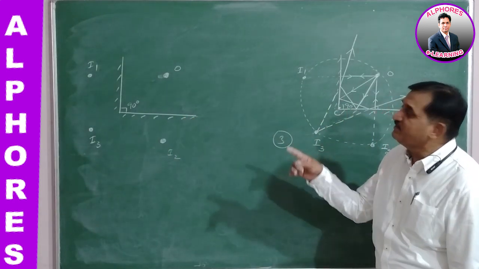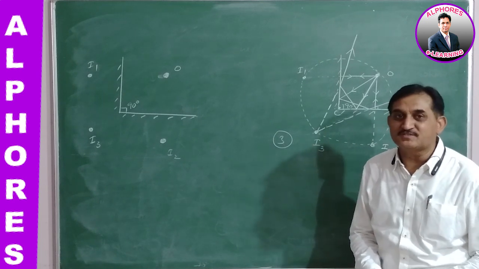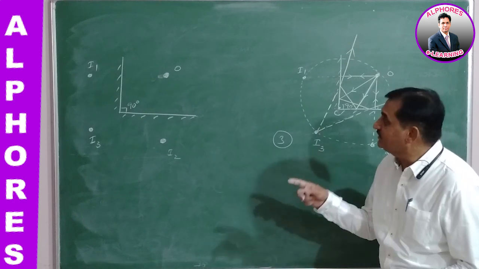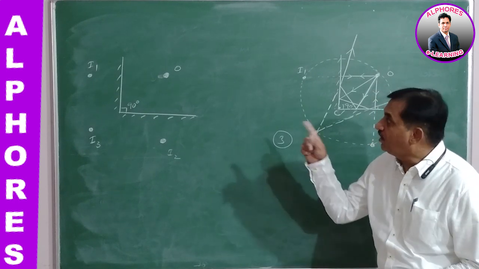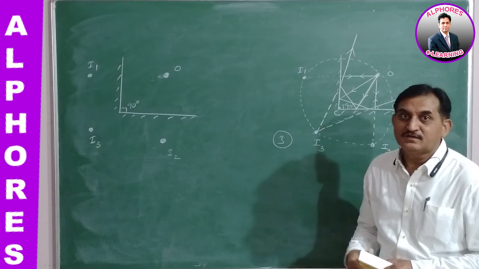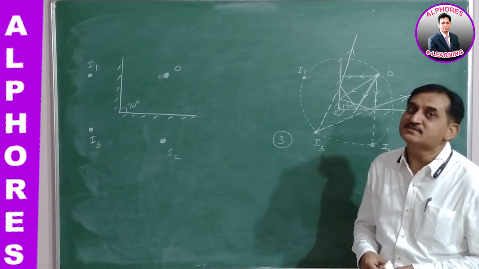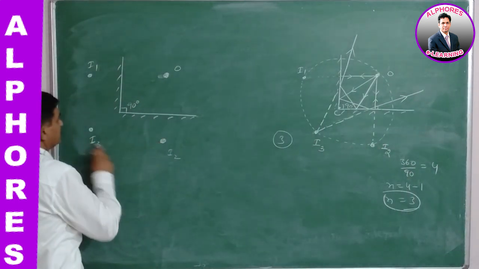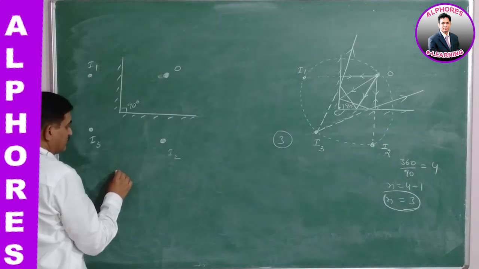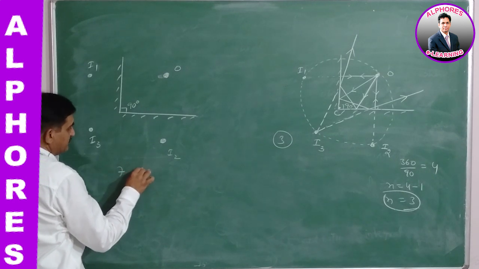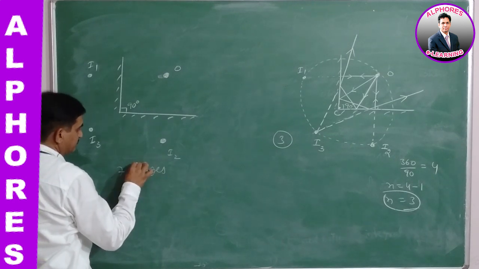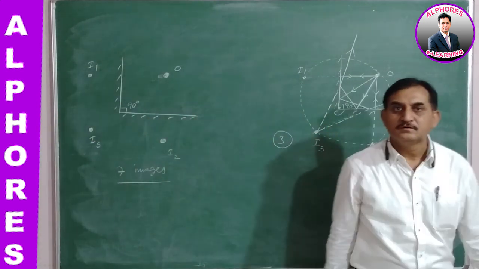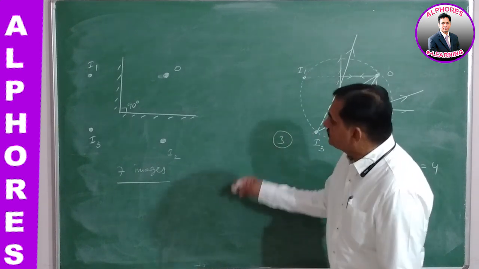So here, how many images are formed by two plane mirrors which are at right angles to each other? Three images. And these three and including the object, as a whole on the roof, how many images? Four. And altogether how many images are formed? 3 plus these 4 together, 7 images altogether. 7 images are formed. Okay, so this is the answer.